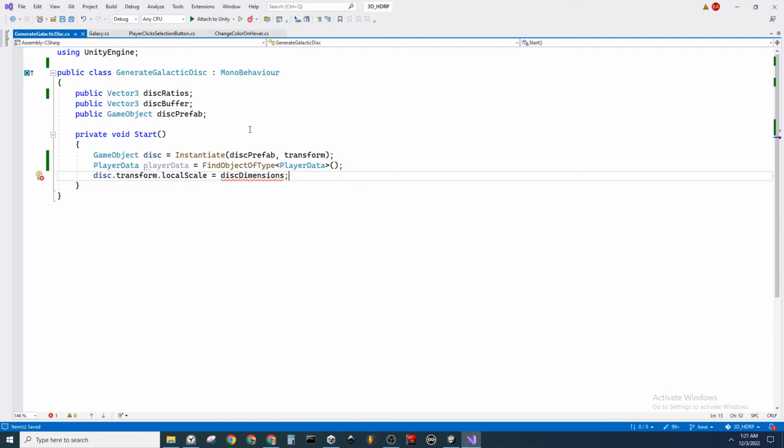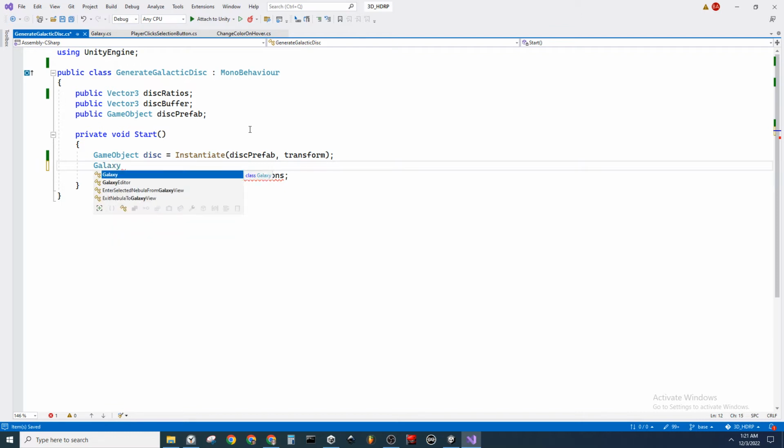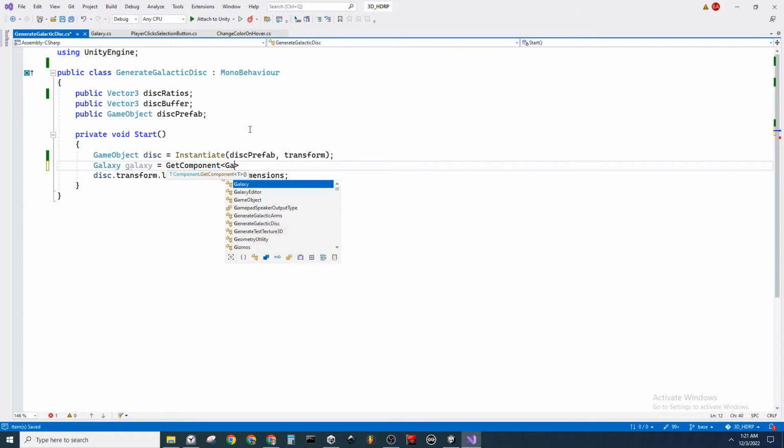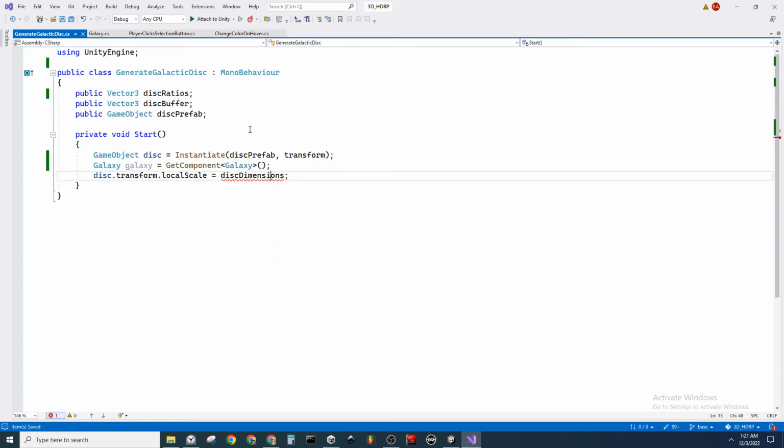And from here we can. Oh, actually, I did this incorrectly. Generate galactic. We actually only have to grab the galaxy script. And that is just get component galaxy. And then from galaxy we say new vector3